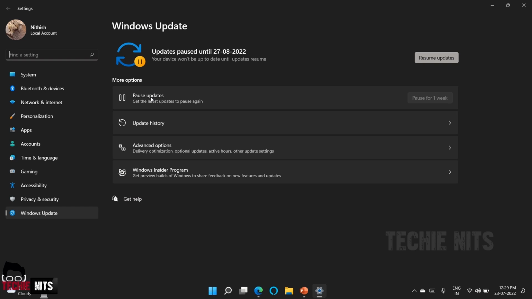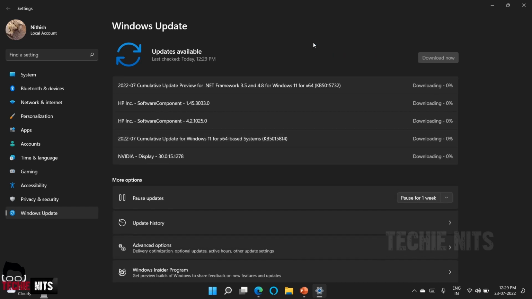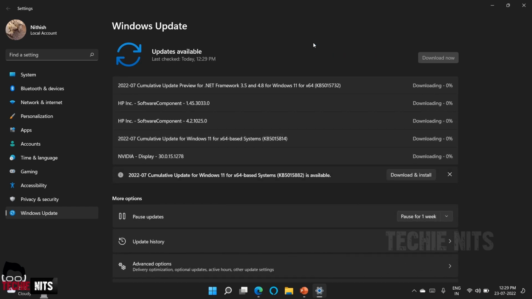Okay. So what I'm going to do, I'm just going to click on resume updates. So once I do this, Windows will connect to the server. So this laptop connects to that server and it determines what all updates have to be installed in this device. Okay. So as you're seeing, the updates are automatically downloading, and once the download is done, it goes to pending install. So if you see, there is an update for .NET Framework, which is something very important to run